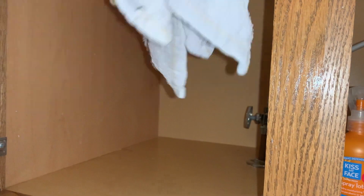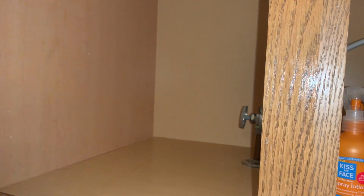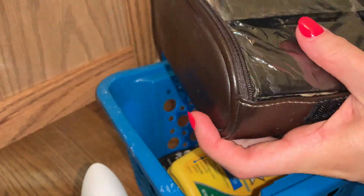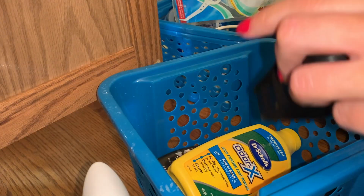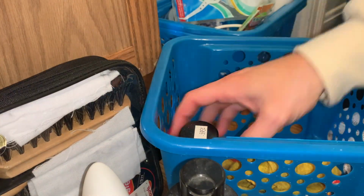I'm going to apologize right now because the angles, it's hard in this bathroom. It's literally like a 3-foot by maybe 5 or 6 foot bathroom, and part of that distance is taken up by a vanity and a toilet. So I had 2 places to set the camera, on the floor and on the toilet. So I'm sorry about that in advance, but now I'm just taking everything out, basically emptying all the bins,